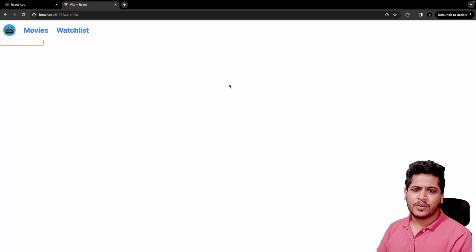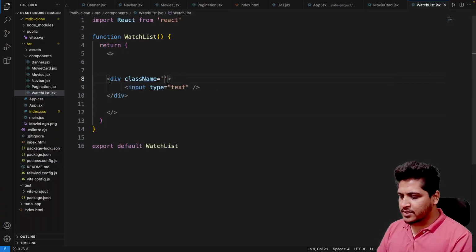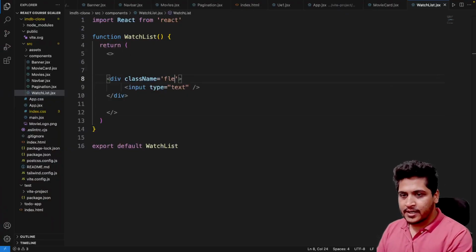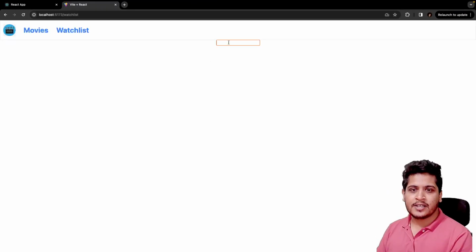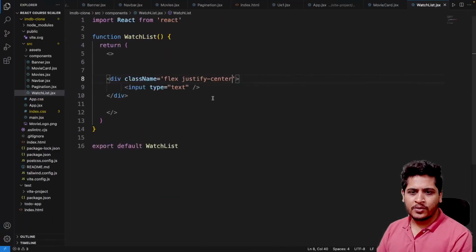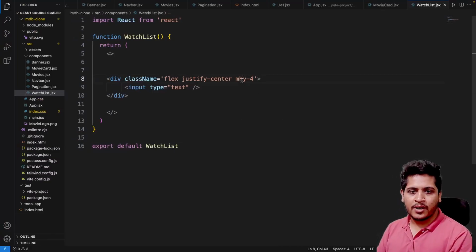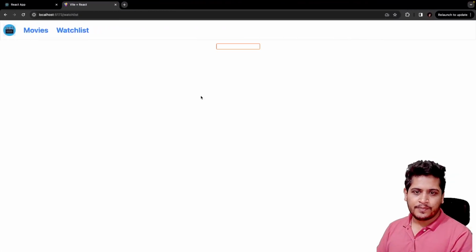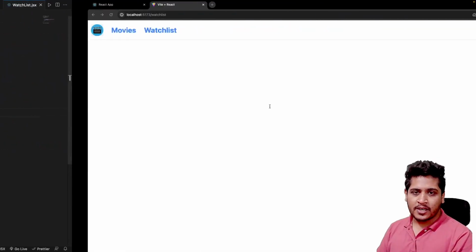I need this somewhere over here at the center, right? So let's keep it at the center. So I'll just give this div a little flex and justify center property. Let's check this out, and yes, it is at the center right now, and I just need it to give some margin. So I'll just give this my of 4, let's suppose, right? Not mhy, my, and it is somewhere over here. Great. So I have my search field over here,